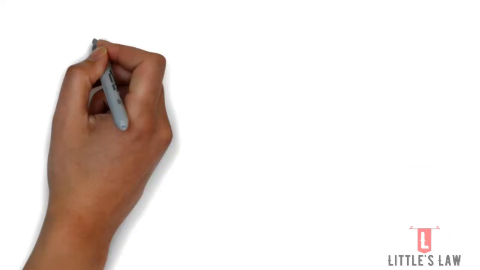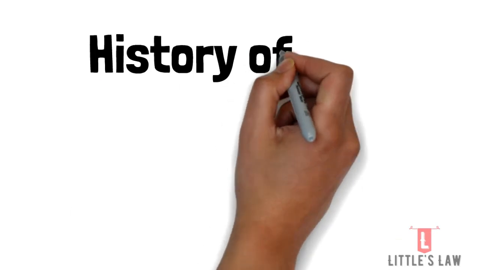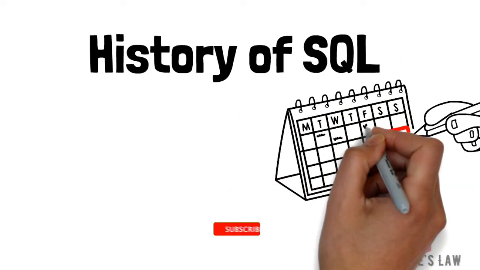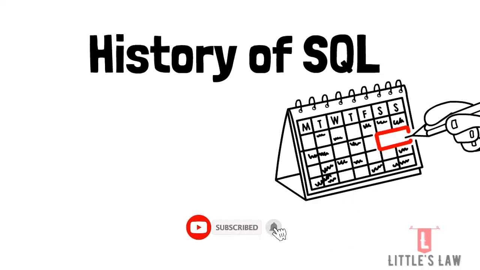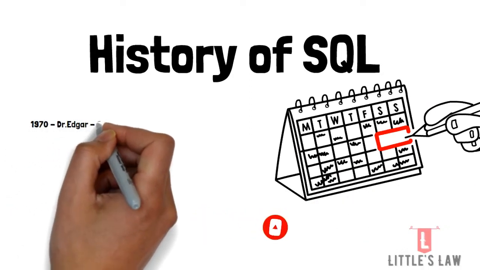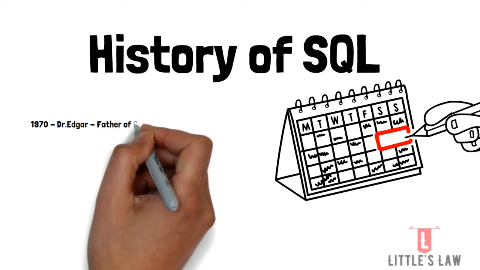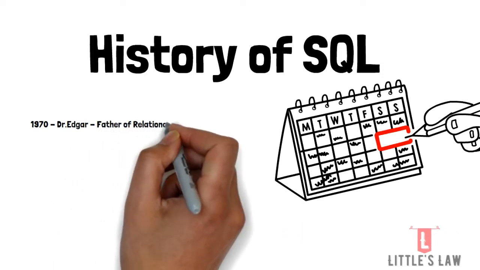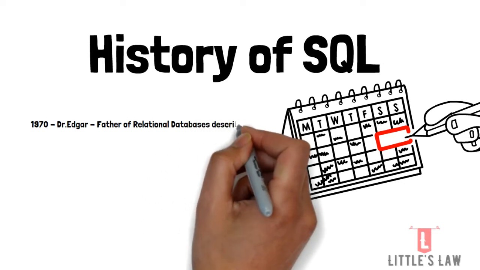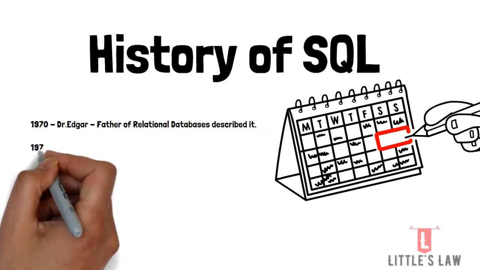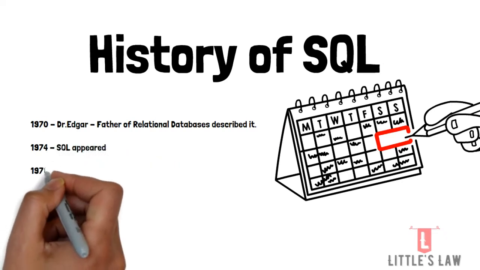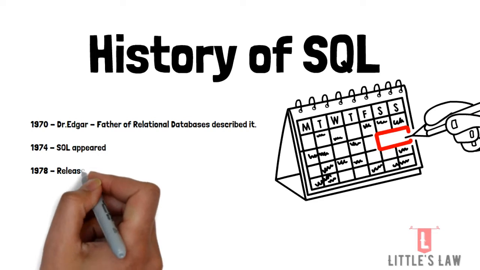So when did SQL start? What is the history of SQL? SQL started in 1970, which was created by Dr. Edgar Codd, who was part of IBM, and he's known as the father of relational databases, and he described a relational model for databases. And then in 1974, SQL, the Structured Query Language, appeared, and in 1978, IBM worked